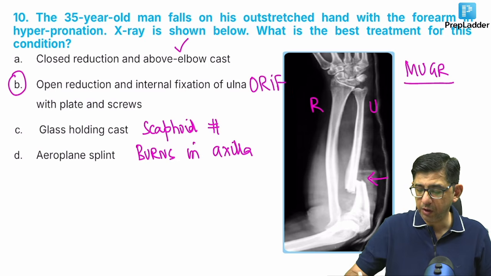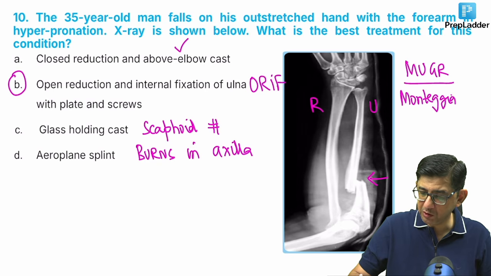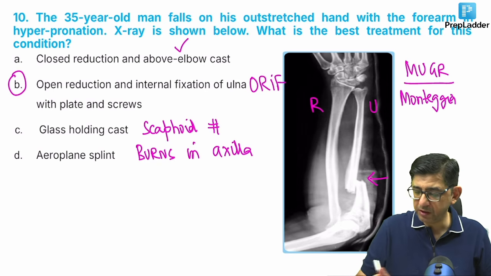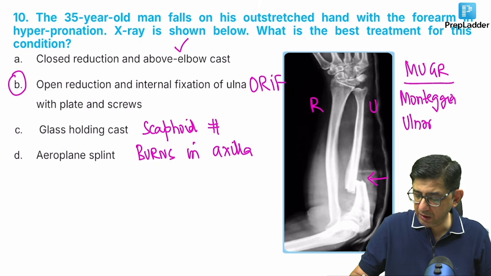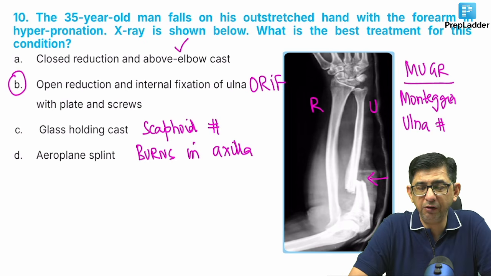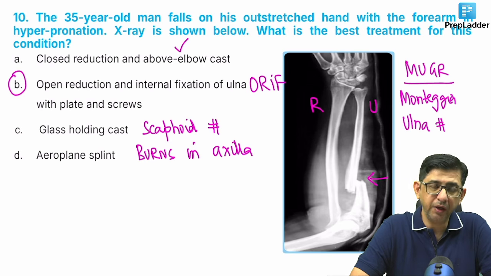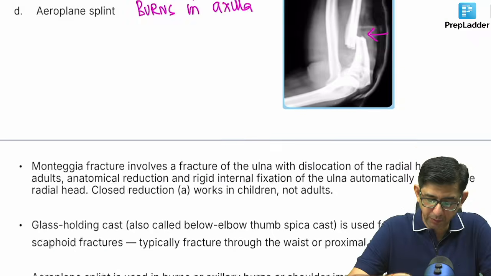Mugger is a mnemonic by which you are able to remember Monteggia. The diagnosis of this patient is Monteggia's fracture. As you can see, Mugger, it is the ulna which gets fractured for this particular patient, and the image of Galeazzi will come up subsequently, where it is the radius bone that will get involved. We will also study Colles fracture versus Galeazzi's fracture, but for that you need to hold on. The correct answer to question number 10 is option number B.